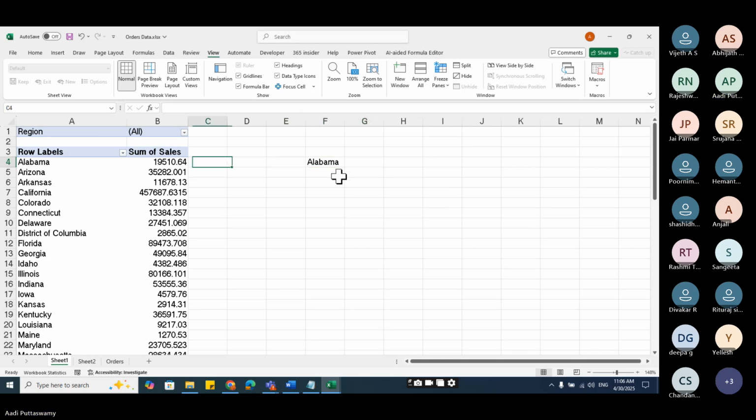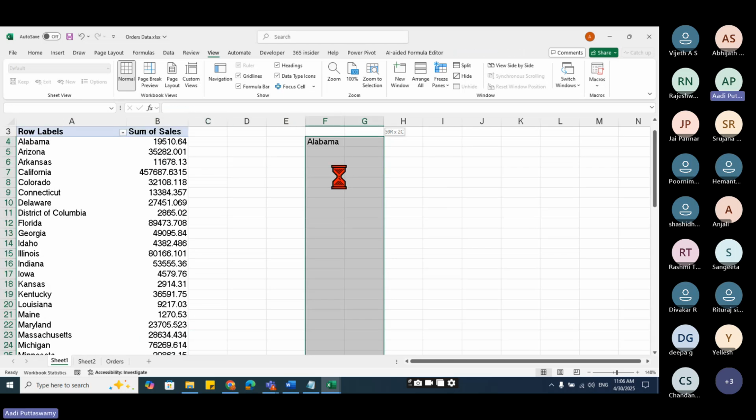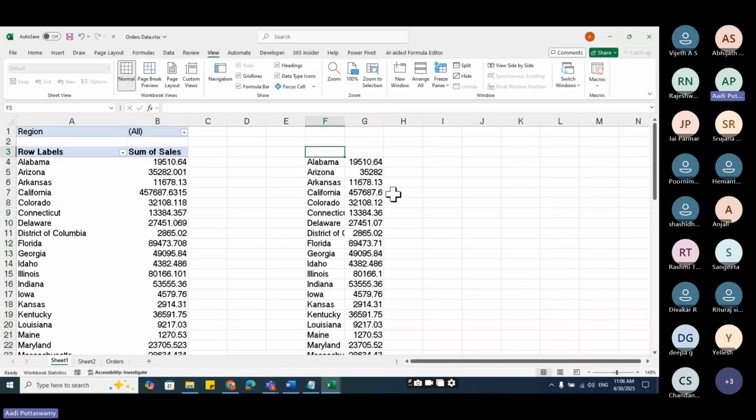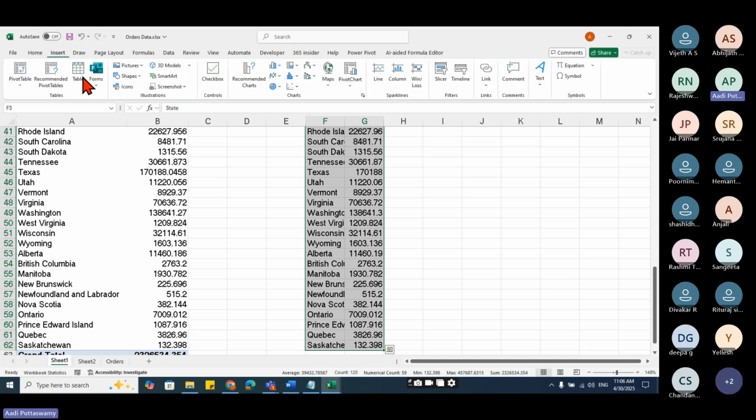Okay. I'm just taking these values here. I'll tell you what I'm doing. This will be state and this will be sales. Okay. Now let me select the entire table. I'll go to this insert and you can see this. I have this map. I'll click on this map.